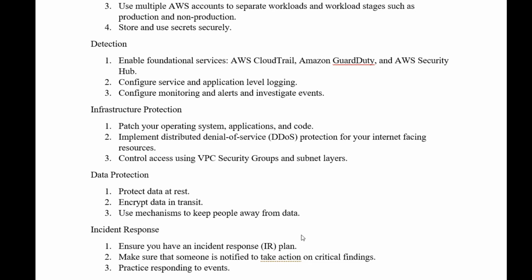Ensure you have an incident response plan. It's a best practice for having a well-secured environment. If we have a plan for when an incident happens, we can immediately take the necessary actions to mitigate or recover from things that are not acceptable. Make sure that someone is notified to take action on critical findings.